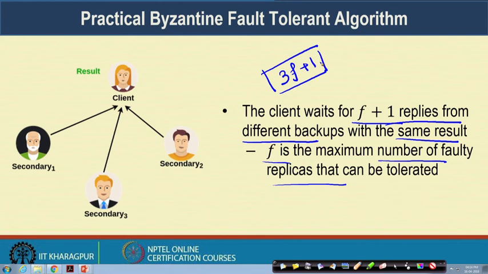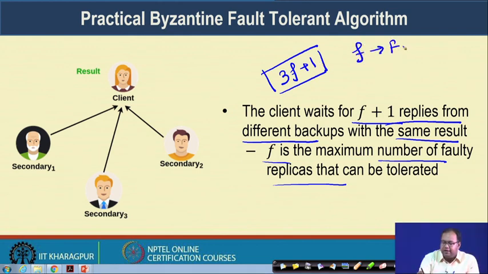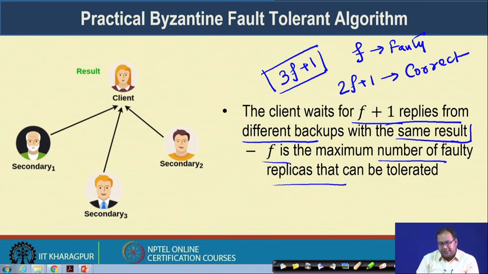So, in other words, you have 3f plus 1 replicas in the system, out of which f replicas are faulty and 2f plus 1 replicas are correct. If you are receiving f plus 1 replies from different backups with the same result, then you are guaranteed that you are receiving a result which belongs to the majority of the correct replicas.